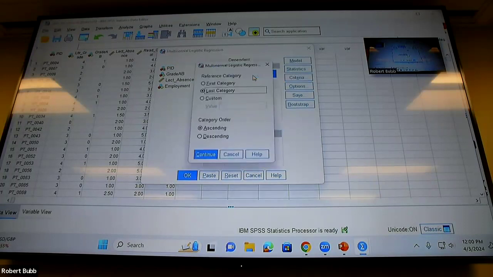All right, so if you go to that reference category, you can choose the first category, you can choose the last category. So remember that ordinal was automatically choosing the highest value. So you can choose the first category, last, or you can do custom, you can make it a C grade, right? Put a 3 in there or a 2 or whatever it may be. And so in this case, we might put a 4